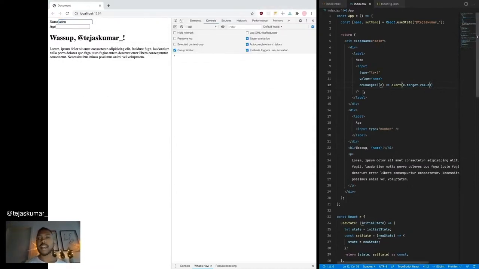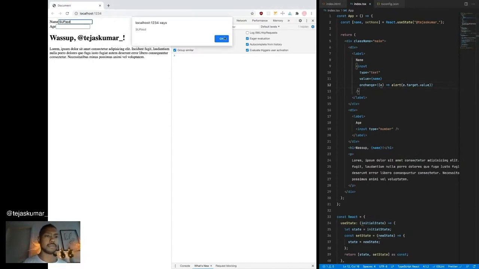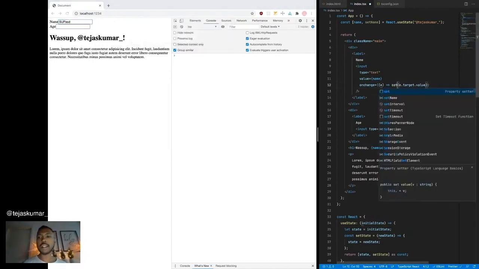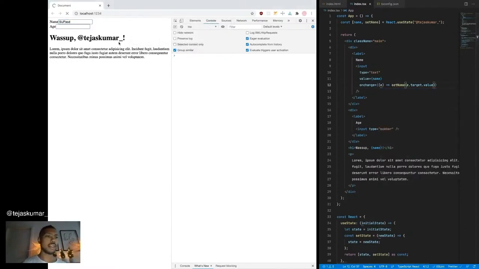Okay, it isn't. And that's because this capital C is really a React thing. On the web, using the platform, it's all lowercase. So onchange, and now, if we change it, sup, we have an alert. Amazing. Okay, so I like it, it's working. Let's maybe set name in this case and see what happens. Jeez. Nothing happens. Well, we have to re-render.